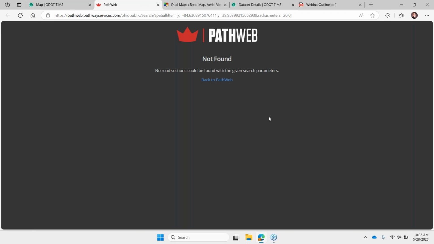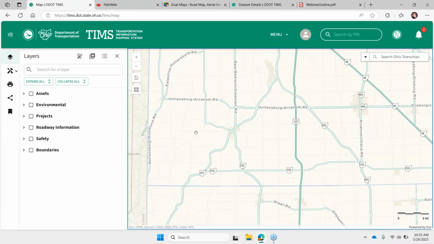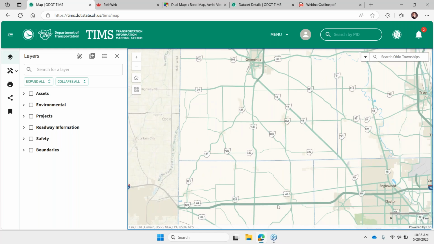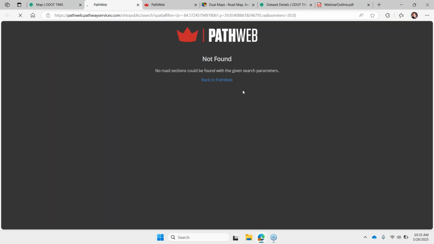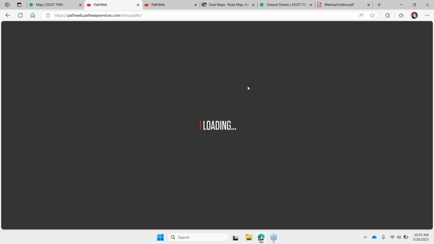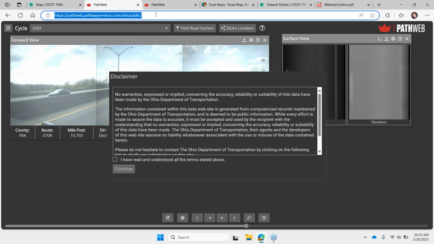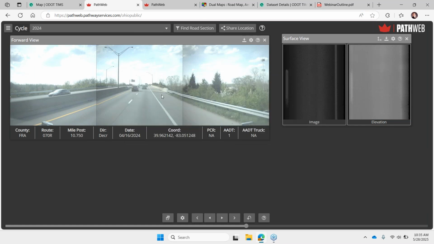This is the Ohio, it has to be a road that we had driven. Let's get to a more major road. ODOT has their vans that drive all the roadways and capture the photographs from all sides of the van, as well as scan the pavement, so you can link directly to this information.